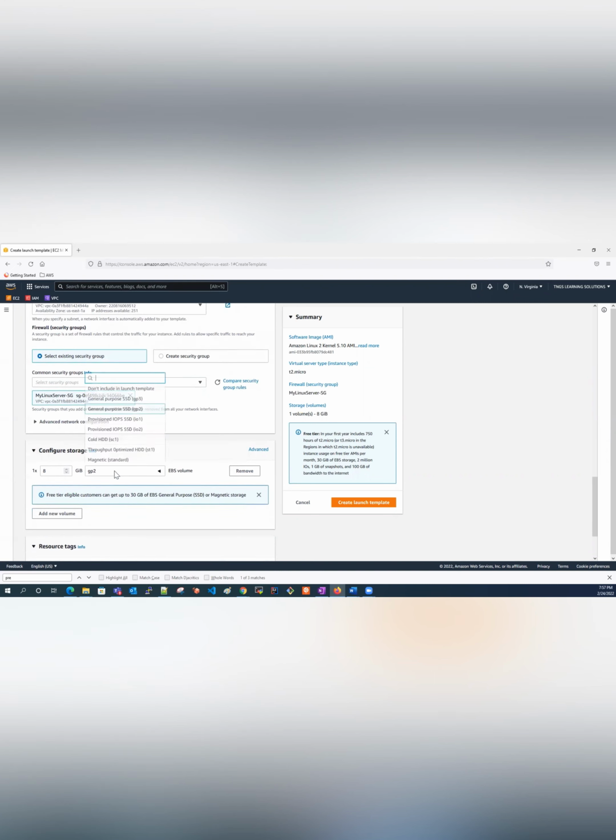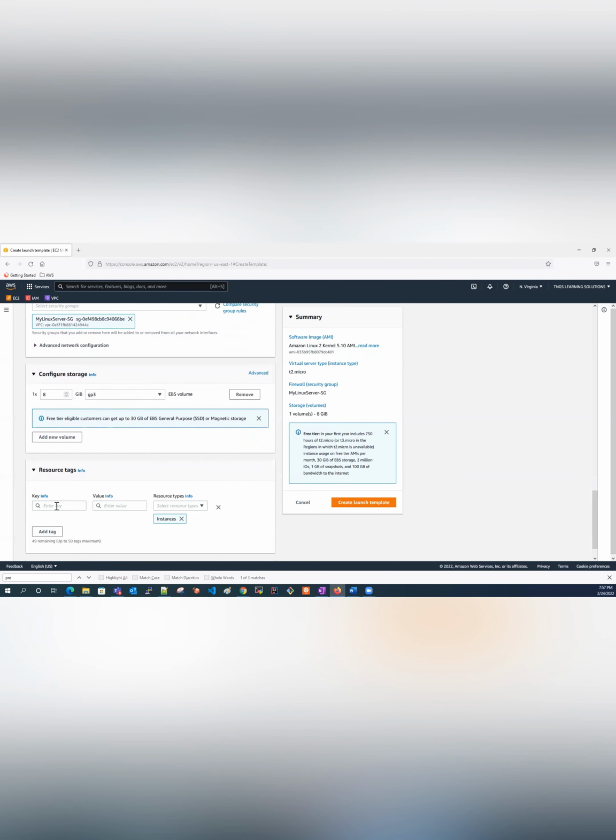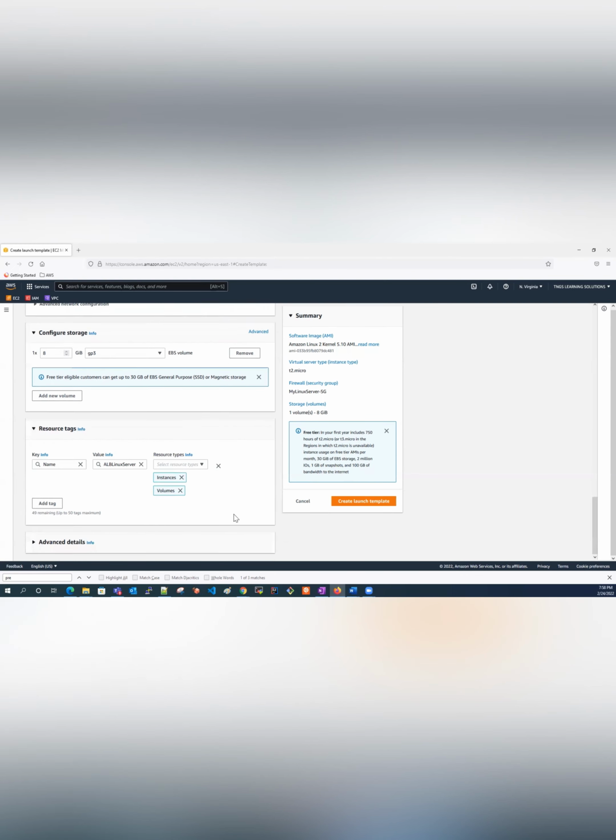And you can select GP3 and resource stack, give it a name. Give it a name. And for the value, call it my ALB Linux server, all right? Let's call it my ALB Linux server. And I want to tag my EBS volume and my instances together. And the last thing we're going to do at the bottom here,